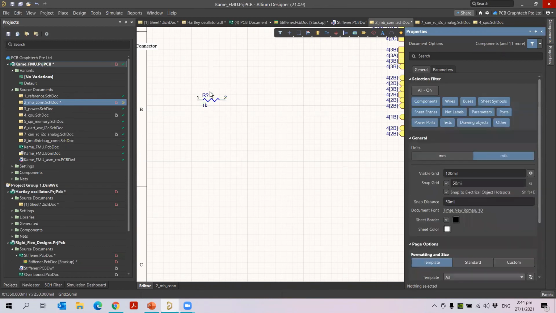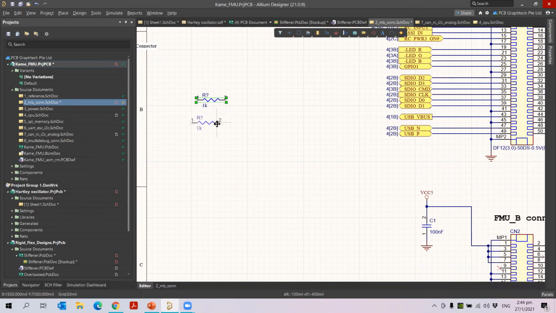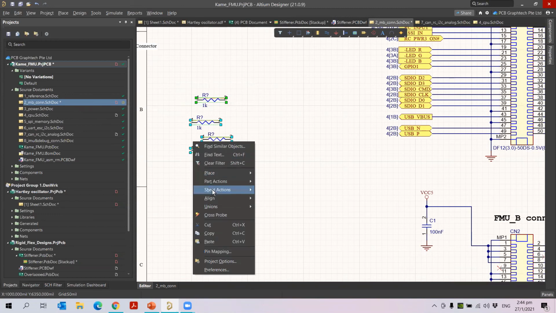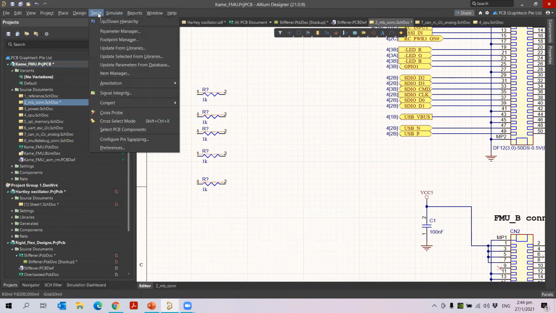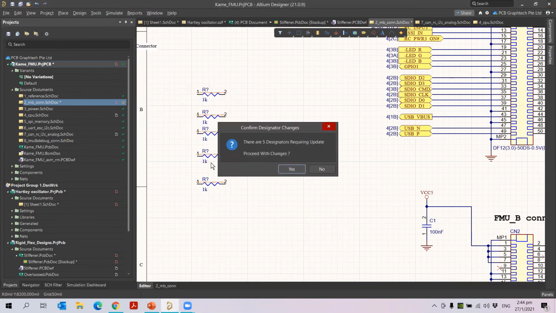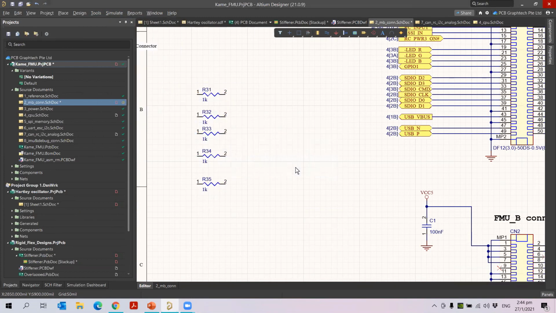for example, let me copy this here. I just copy and place it here. Let me choose these, right click, align, and then horizontal centers. For example, I just move up a little bit, a little bit down. Okay, once I have placed them, let me annotate these components for this sheet. I go to Tools, Annotate, and then Annotate Schematic Quietly. Five designators required annotation, so I just do the annotation.